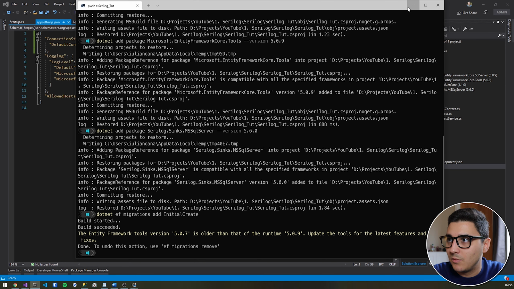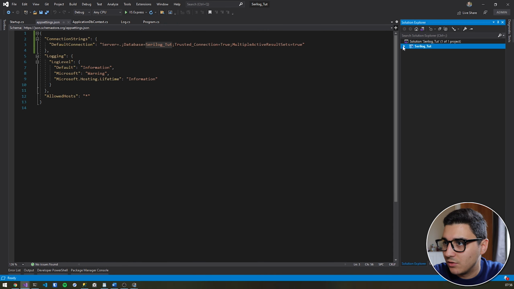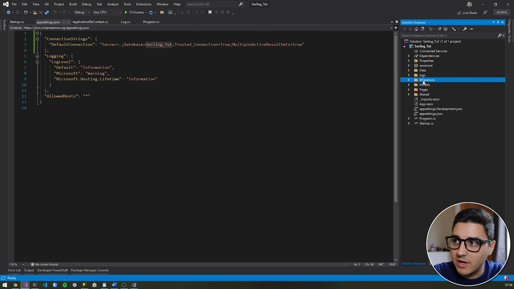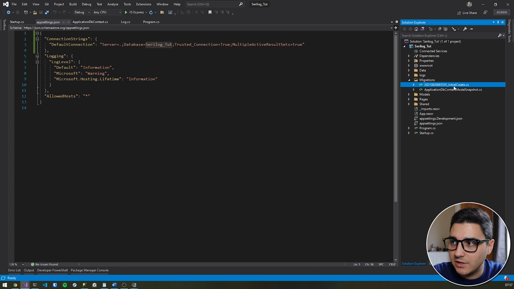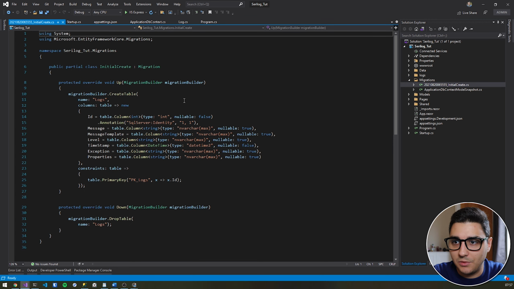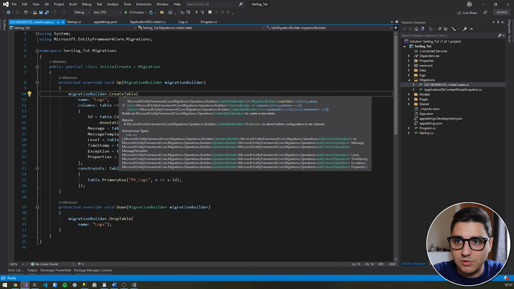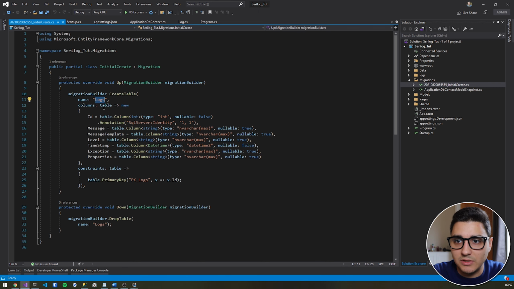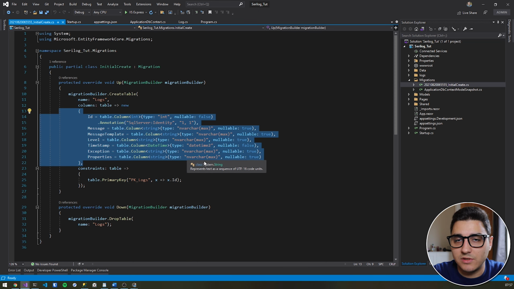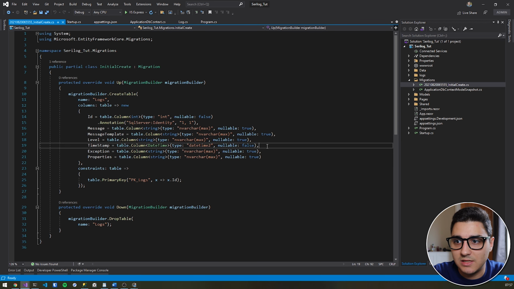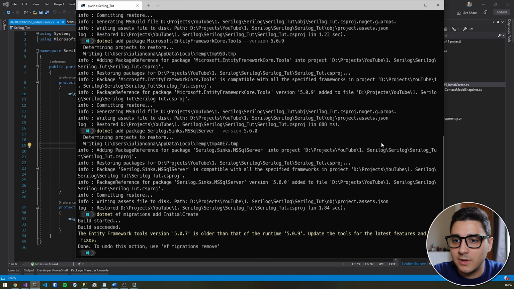So yeah, once that's done, you can go inside your project, and we've got a migration folder created for us. If we expand that, this is our initial create migration. As you can see, it's got a migration builder, create table, the name of the table is logs. And here we go, this is the table definition for SQL Server to pick up and generate that entity for us. And to create the database and a new table for us, all we need to do is write .NET EF